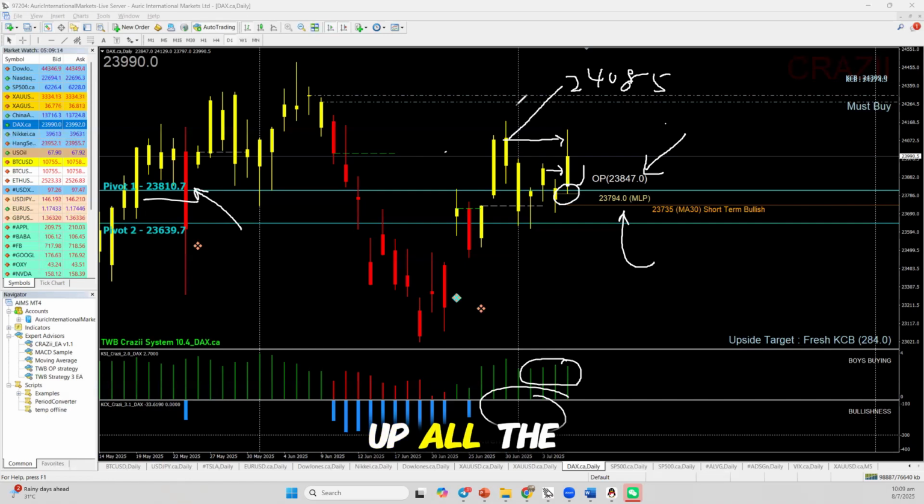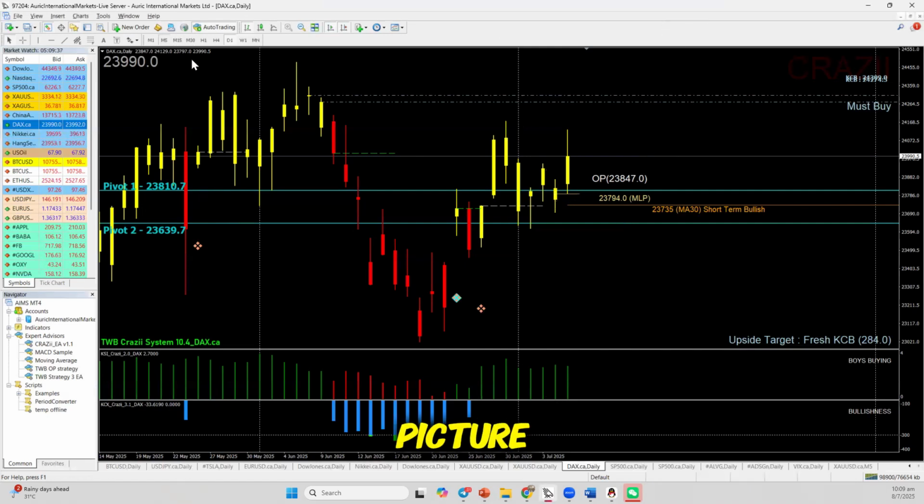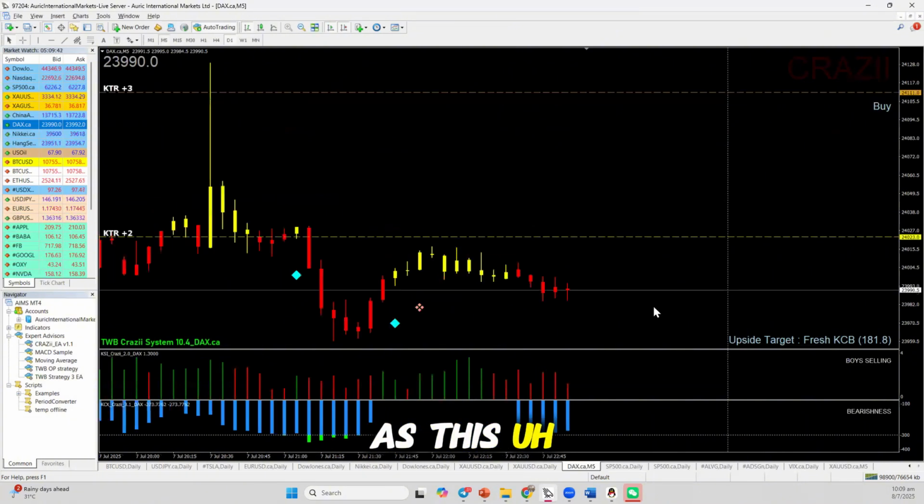So DAX shot up all the way initially to the first target of 23840, but then after that it maintained higher to 24085. So we're speaking about 600 points on the upside. And of course, if the market players make money, based on the chart I look at, it's all right. Quite a few of y'all made money from DAX. So I tell you, DAX is very easy to trade. You just have to follow the ground rule from the macro picture, then zoom into the micro picture, and then do your risk management as this,